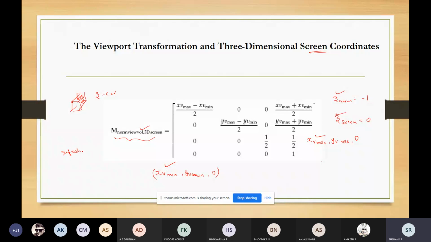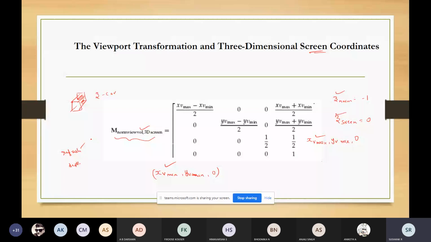We have the refresh buffer and the depth buffer. The refresh buffer will contain the XY position on the viewport, and also the color information for that point on the screen.